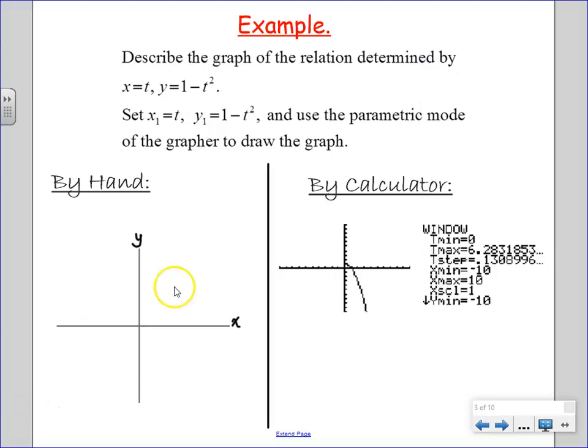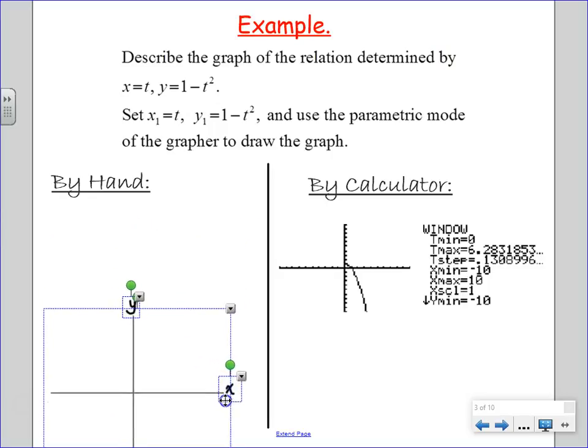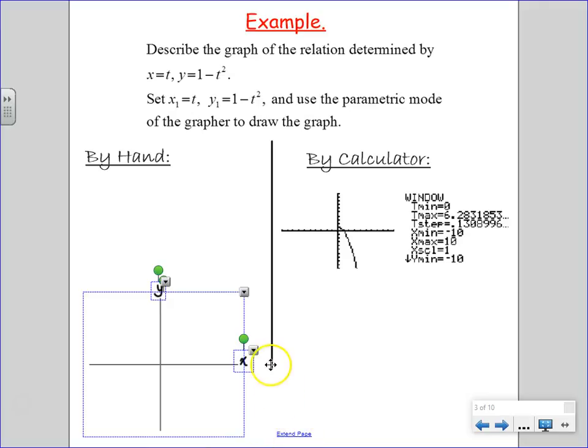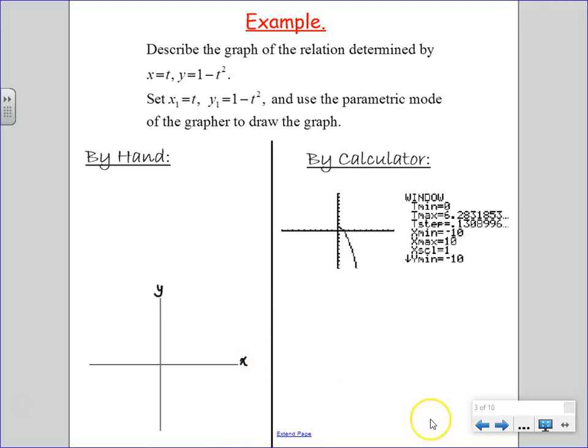Come back. What if you were to graph by hand? T-table. Okay, we do a table, right? So I'm going to go ahead and make this a little bit lower. Set up a table with t's and x's and y's. Now, we get to choose, they don't give us a closed interval, we get to choose what t's to use,